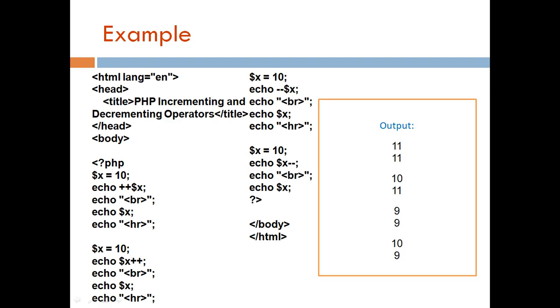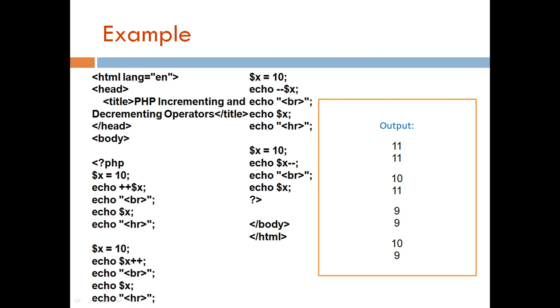Coming to this example, this is the header part. Here the actual program starts, x equal to 10. This is pre-increment. So x plus 1 will first be incremented. And here we have called this in an echo statement, so it will be pre-incremented and returned. So 11 is the output. Consecutively, we have first displayed here, so whatever is updated now will be displayed here as 11.